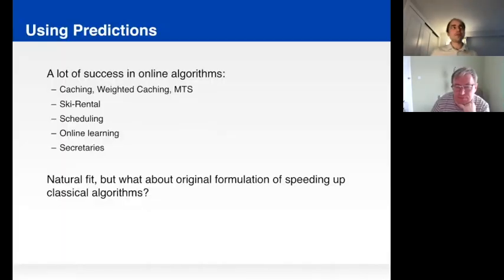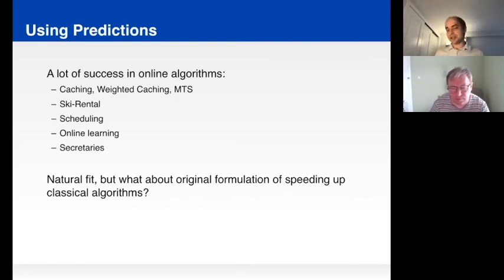Okay, so now, using predictions. If you think about it, you say, okay, I'm an algorithms designer, and now somebody tells me that I have machine learning predictions that are going to tell me something about my input, where should I use this? And you open up your favorite algorithms book, whether it's CLRS or something else, and you say, well, aha, online algorithms are the best fit here, right? Because what are online algorithms? They're dealing with uncertainty that's coming in the future. I'm dealing with the worst case, and here now I know something about what's going to come in the future,